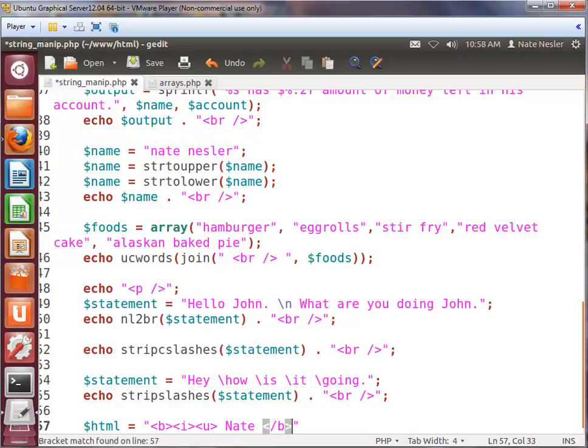Closing B tag. Closing, well, before the B tag you close U, right? Closing U tag. And you close the I tag too. Italicize. Alright, so if I run that, it's going to